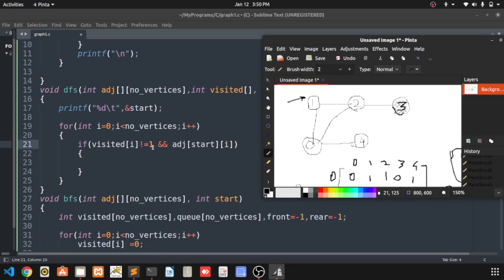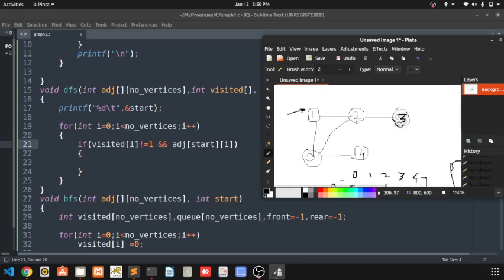If it is not visited, again check whether there is any edge from that node. So it will check for 0 and 2. It will check first for 0 because 0 comes before 2, and then 2.